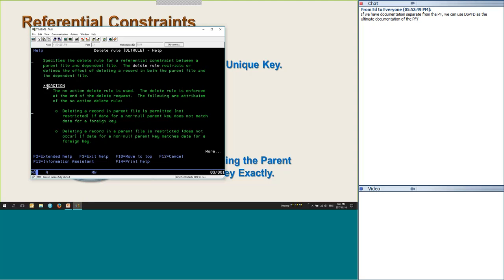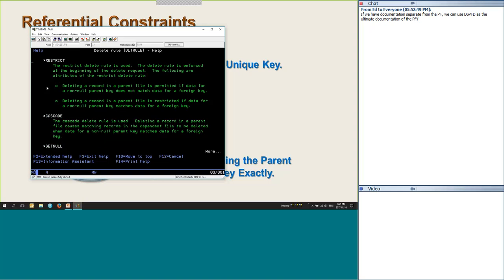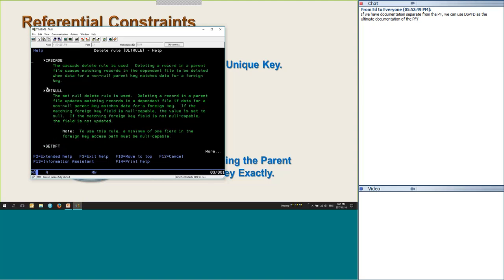So I choose either no action, which means that the delete rule is effectively not in effect. The other one that I use is a rule called cascade. And this rule says to the database management system that deleting a record in a parent file causes matching records in the dependent file to be deleted at the same time